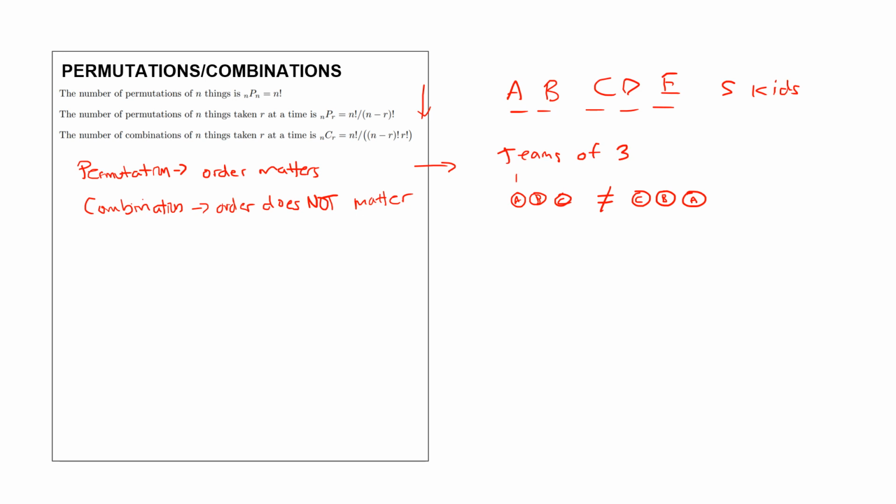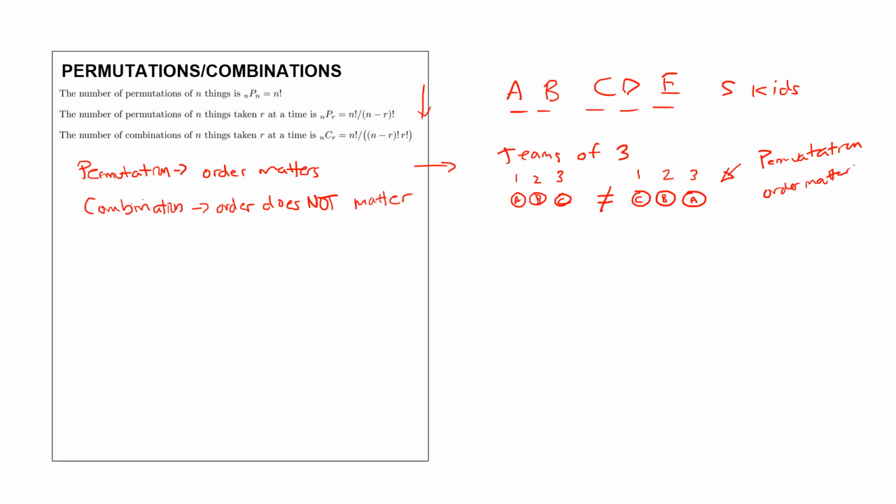If A comes first, B comes second, and C comes third, it's not the same as C coming first, B coming second, and A coming third, right? So this is what a permutation is. However, let me write this here. This is a permutation, and order